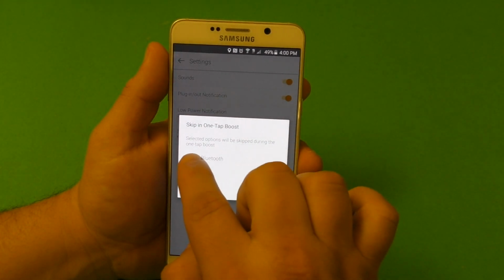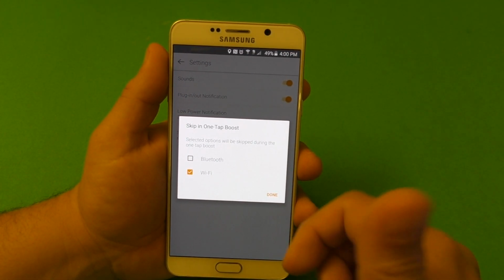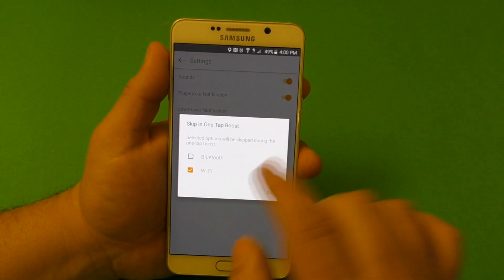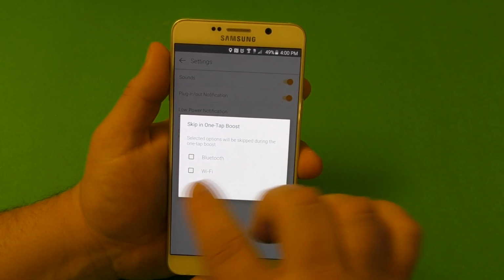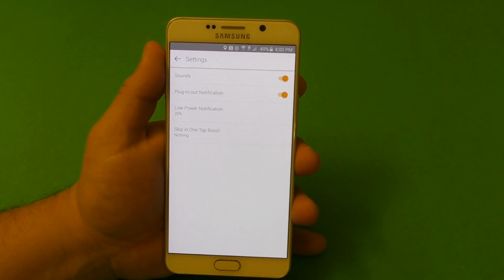For example, if you're on Wi-Fi all the time and you'd rather leave that on, you might want to leave it like this and then keep on using the app normally. For the purpose of the video, I'm just going to leave it off right there. So here,